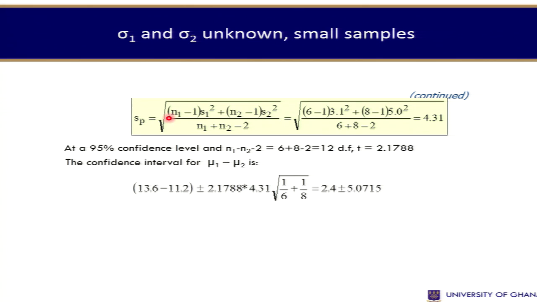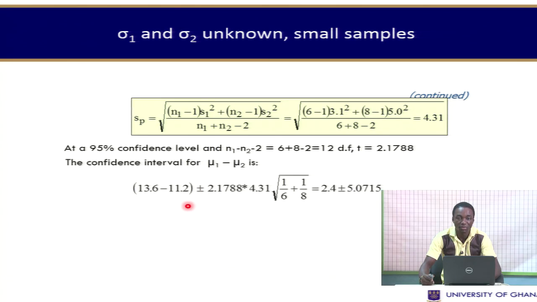And hence we get n1 minus 1 times s1 squared, which is 6 minus 1 times 3.1 squared, plus n2 minus 1 times s2 squared, which is 8 minus 1 times 5.0 squared, divided by n1 plus n2 minus 2, which is 6 plus 8 minus 2. That gives us 4.31. Therefore, at a 95% confidence level,